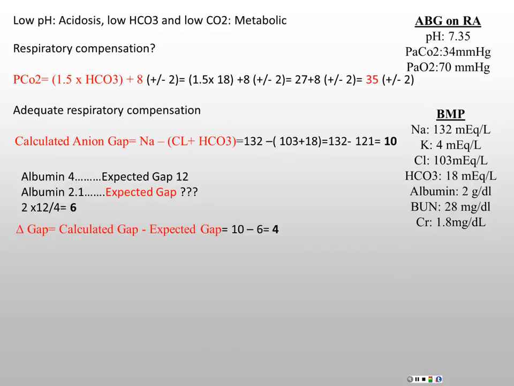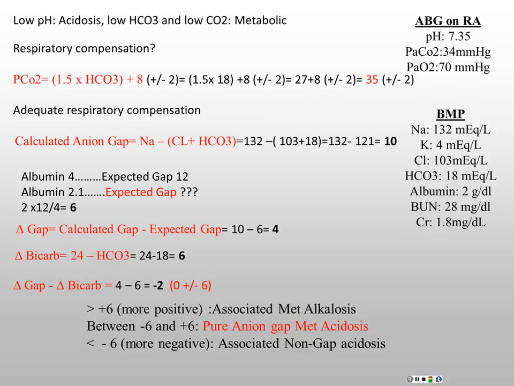And then you want to know if there is another problem going on with that or not. So you calculate the delta gap, which is the calculated gap minus expected gap. Your calculated is 10, and your expected in this case is 6, not 12. And this will give you a number, 4. And then you do your delta bicarb, which will be 6. And then you calculate delta gap minus delta bicarb. 4 minus 6 will be minus 2. As long as it falls in this category between minus 6 and plus 6, this will be pure anion gap